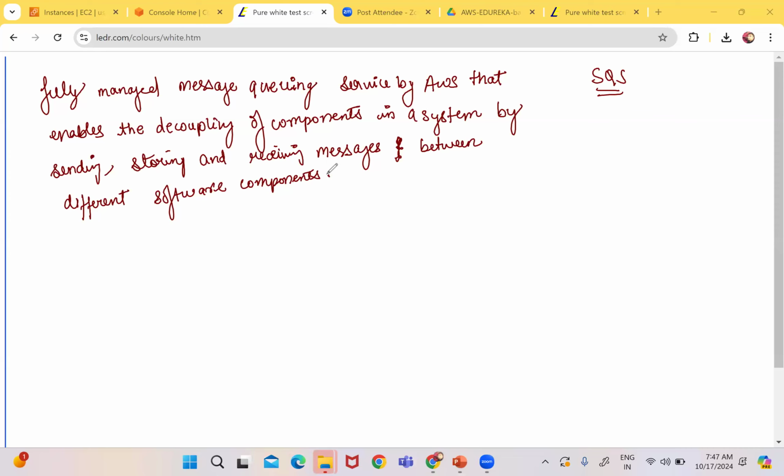Okay, this is the official definition. It's a queue service and a lot of stuff is there. In very easy language, it's basically a service that will allow applications to communicate with each other via messaging without being directly connected. In our language, we can write: